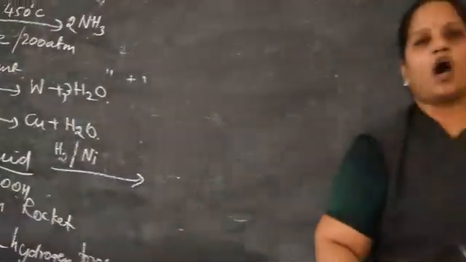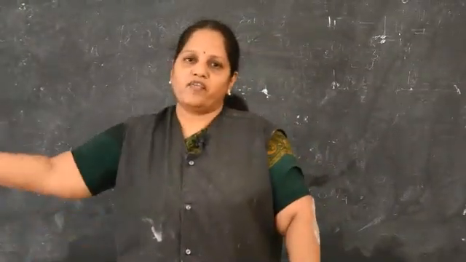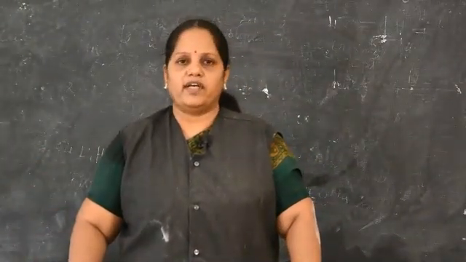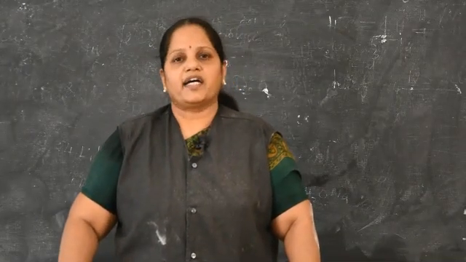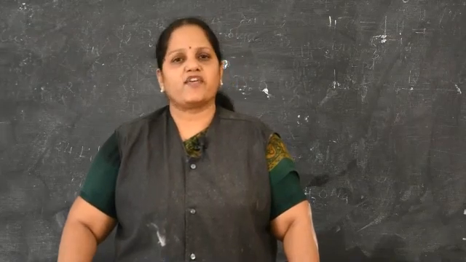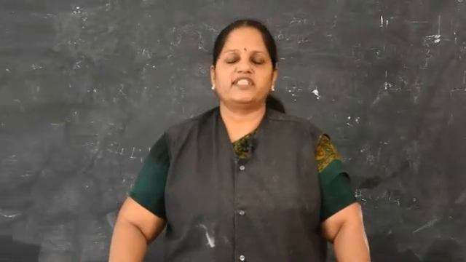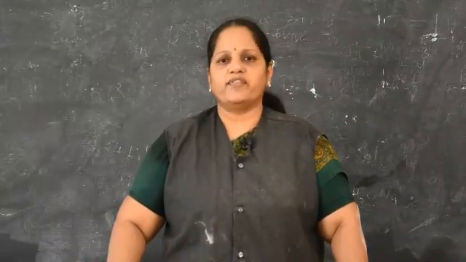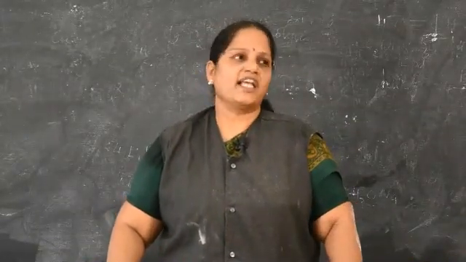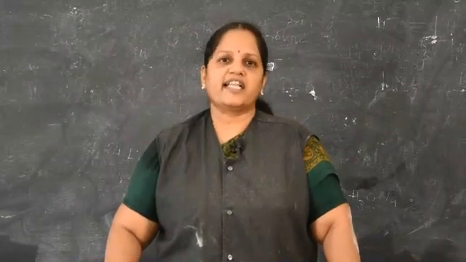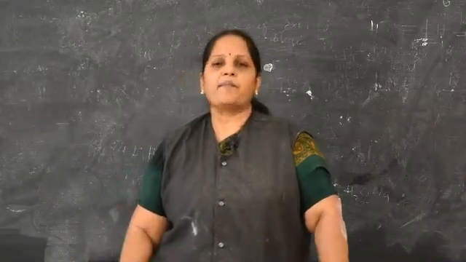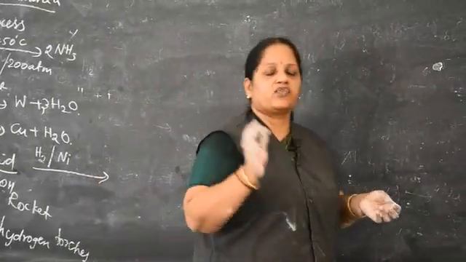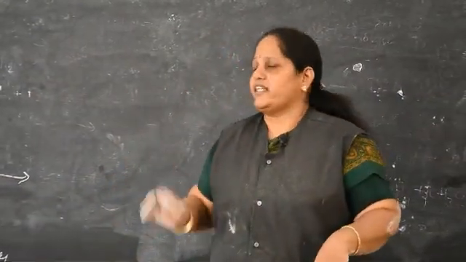Next we discuss compounds of hydrogen: water. We know very well water is one of the most abundant compounds of hydrogen, which occurs on the surface of the earth, approximately 70% in the ocean, which is a major source of water. However, seawater contains many dissolved salts. That's why seawater cannot be used directly. We know that a major part of all living things is made up of water. That's why here we study water.